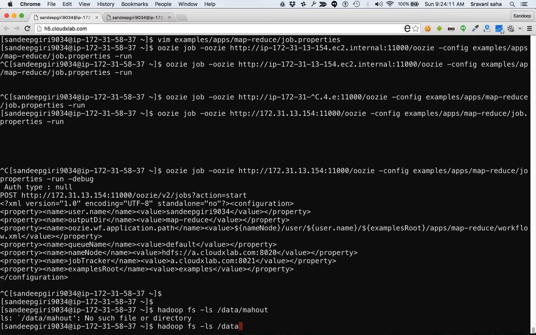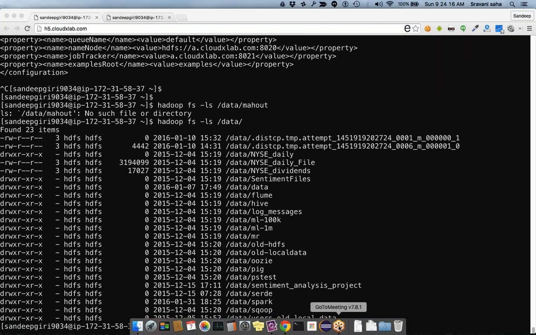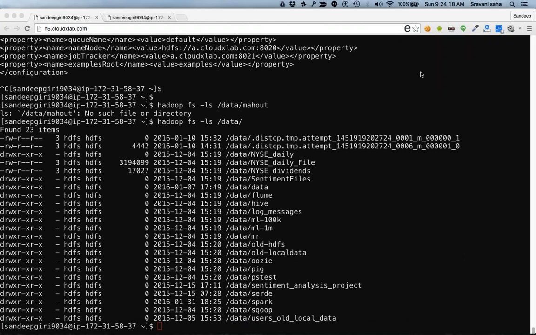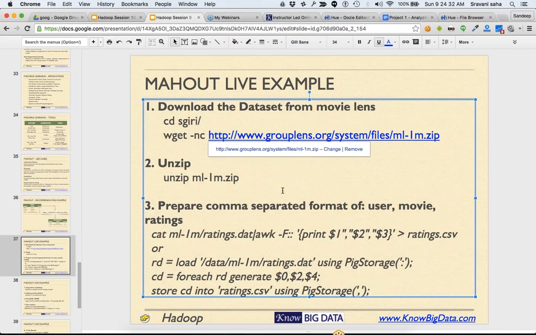Okay, looks like it's not. Okay, I already have this data here. So the question here is, let's understand the problem. If you look at this data,